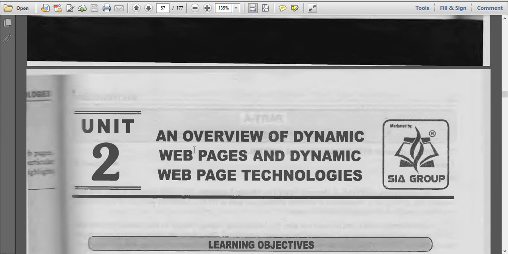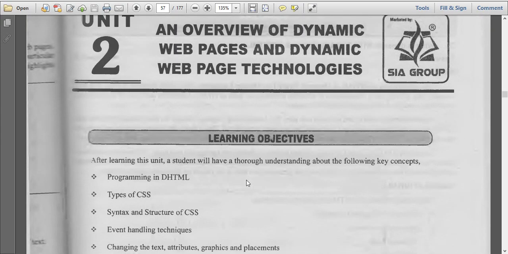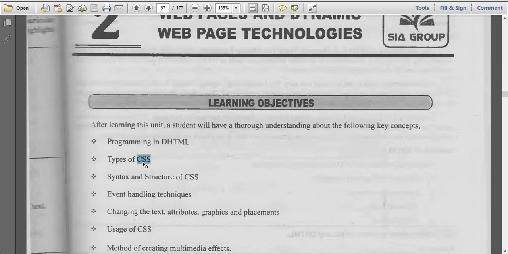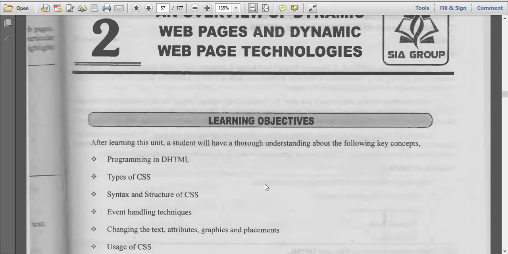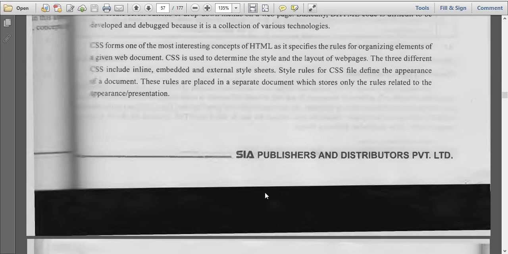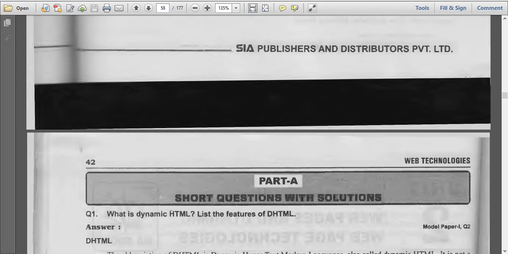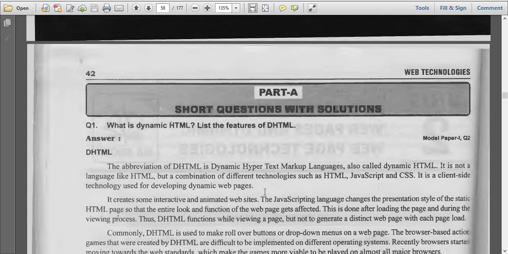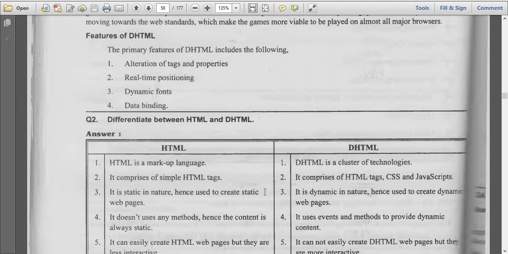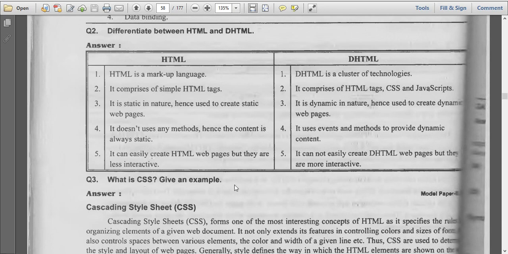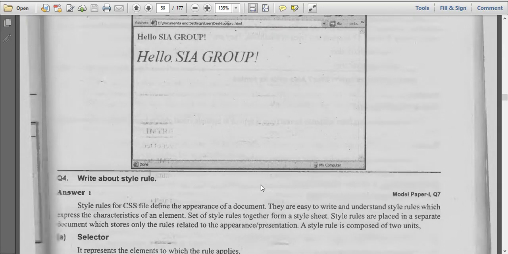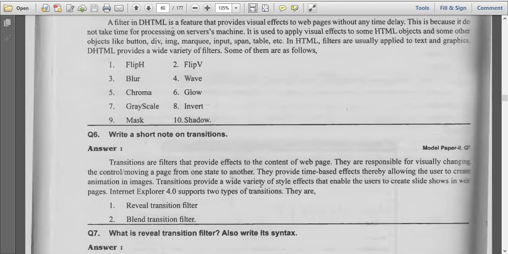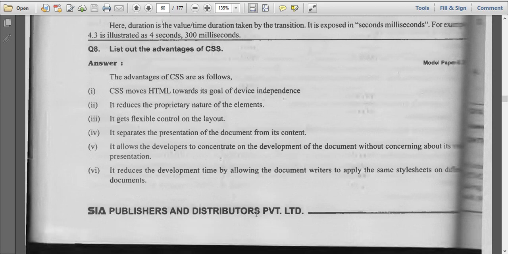An overview of dynamic web pages and dynamic web page technology, DHTML, we have in this, and along with this we have CSS. So DHTML and CSS are the topics in unit 2. What is dynamic HTML? It is nothing but an extension of your HTML. So DHTML, what is the difference between HTML and DHTML, what is CSS, cascading style sheets, what is division. All these things we will see in the next class. Okay.